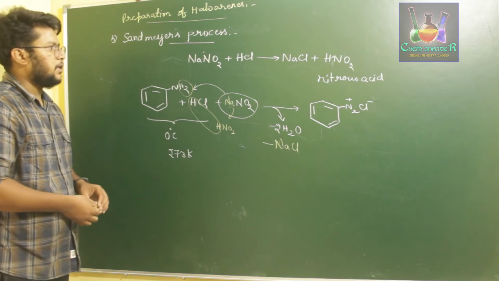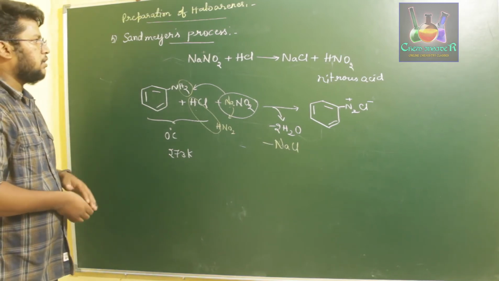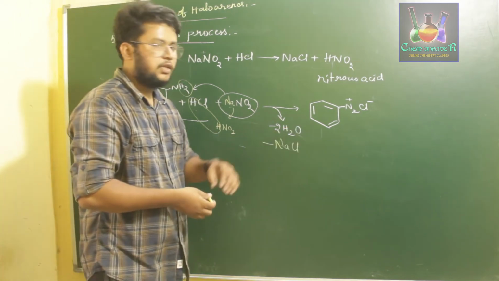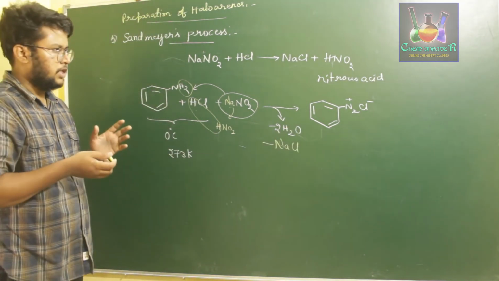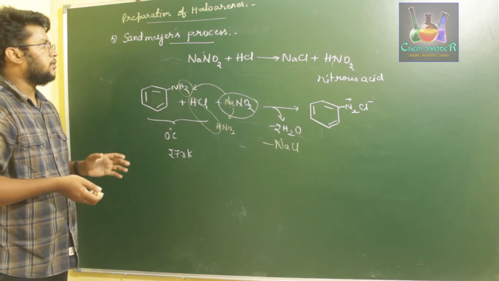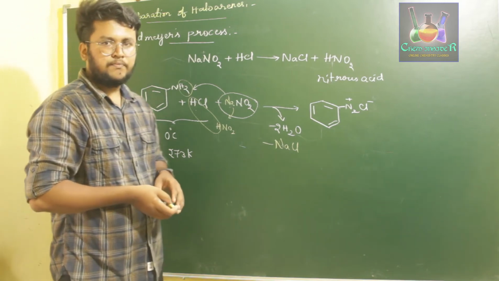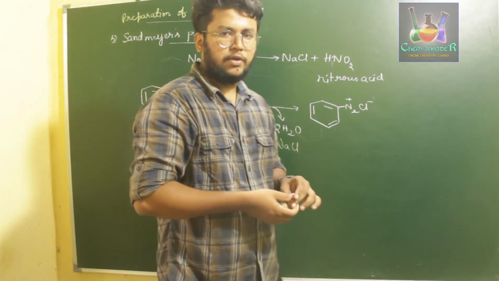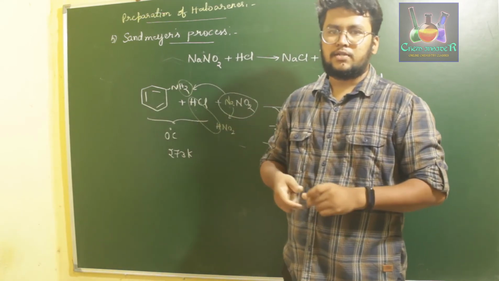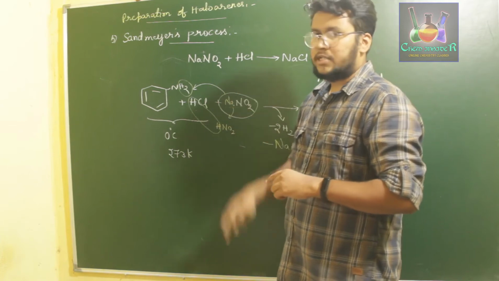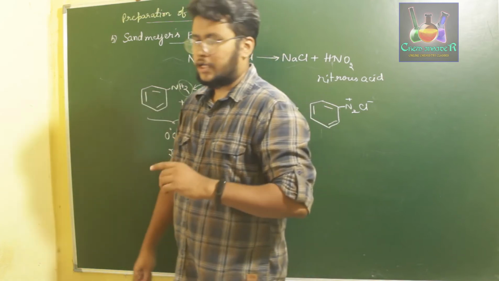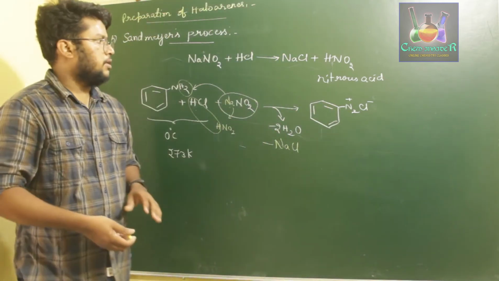So this is how we prepare our substrate for the Sandmeyer reaction, and this is the complete process of Sandmeyer's, where we treat this benzene diazonium chloride with CuCl2 in the presence of concentrated HCl to get our haloarene. So this is the complete preparation of haloarenes. We have two types of preparation for haloarenes. One is electrophilic substitution reaction using halogens in the presence of a halogen carrier, and the second is Sandmeyer's process, where we use benzene diazonium chloride and treat it with cuprous chloride and HCl. Okay, this is about the preparation.